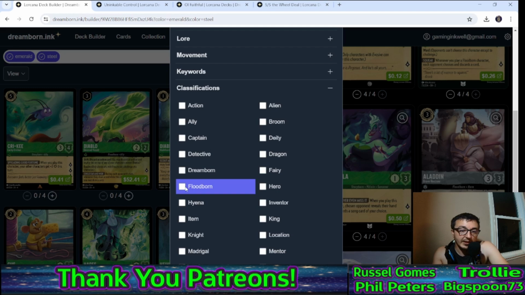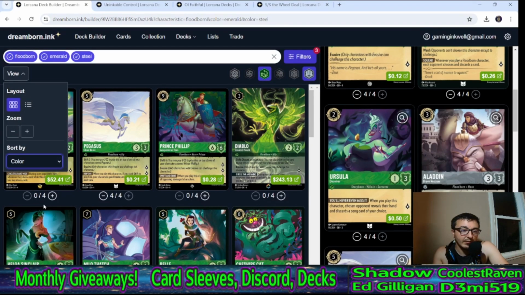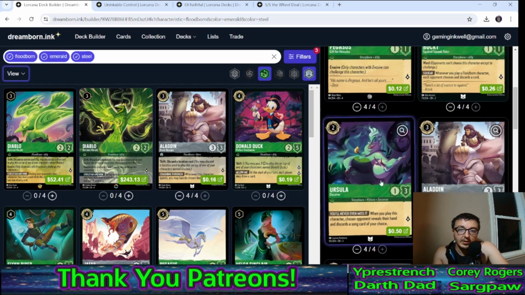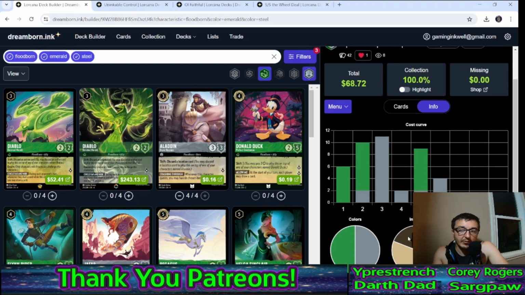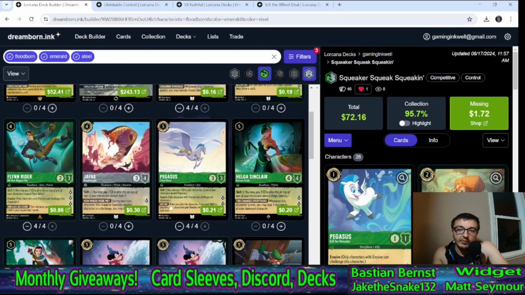Let's go see what other Floodborns we have that we can go ahead and put in. We're going to go to classifications, Floodborn, and we sort it this way. Okay, cost low to high. What other Floodborns do we have at our disposal? Well, we can go a little bit more aggressive. Where's our uninkable count? We're sitting at 8 uninkables. Okay. So let's go 4 Flynn Riders. Brings us